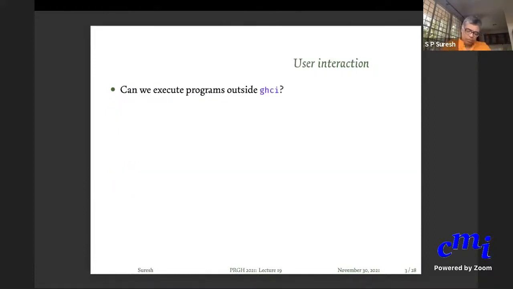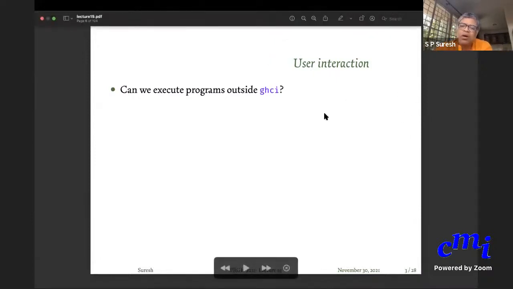Okay, but this is not how you would normally program. Typically you run programs that somebody has written in some language and shipped to you, and you just invoke the program and it runs. You don't need to have an interpreter for the language the program was written in. There are lots and lots of apps, and what are apps but just programs, and you run those programs normally, without having to run them through some interpreter. We would like to do the same thing with Haskell programs too, because ultimately you would write some program to do whatever task, and then you will ship it to some user, and then they'll have to just run it.